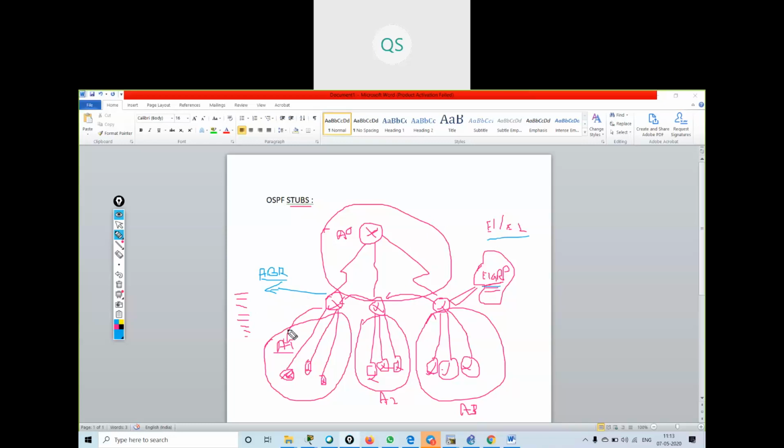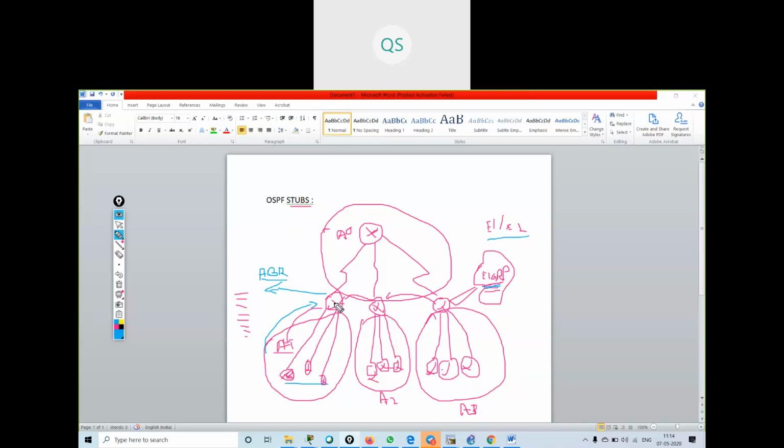If the downstream routers in area 1 want to go to these external routes, they just have to go to the area border router. So with the concept of stub, I will configure a default route from these downstream routers to the ABR.